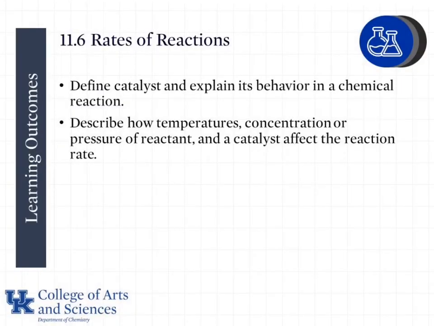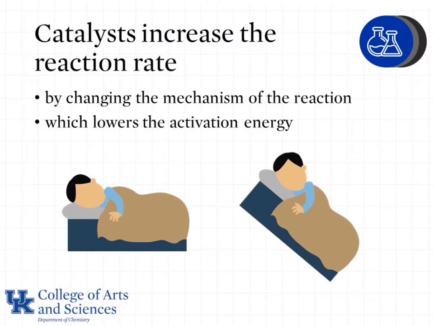In this lesson, we are going to define catalyst and explain its behavior in a chemical reaction, and we will describe how temperature, concentration, or pressure of a reactant and a catalyst affect the reaction rate. The job of a catalyst is to increase the reaction rate by changing the mechanism of the reaction, which lowers